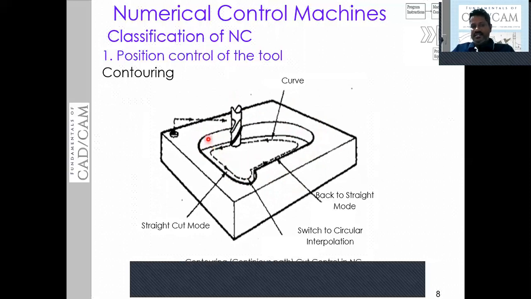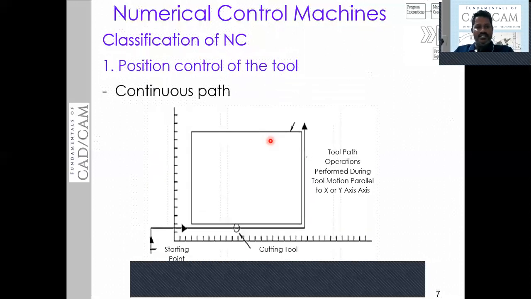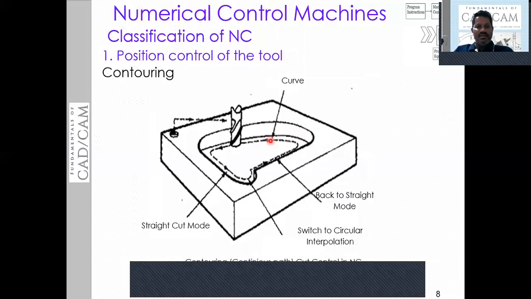You can see here this contouring. In this contouring, the movement of the tool continuously varies on the work plane. That means the coordinates X, Y vary continuously on the work plane. This contouring can be achieved by approximating the straight line. In the previous case, we have seen that in point to point and continuous path, the tool is going to move in a straight line.